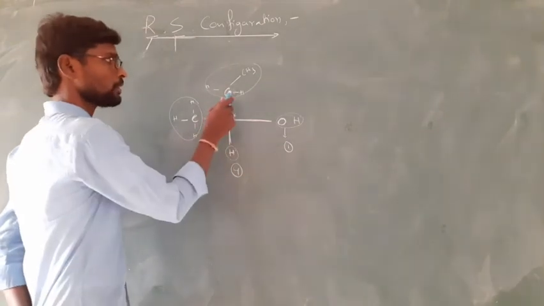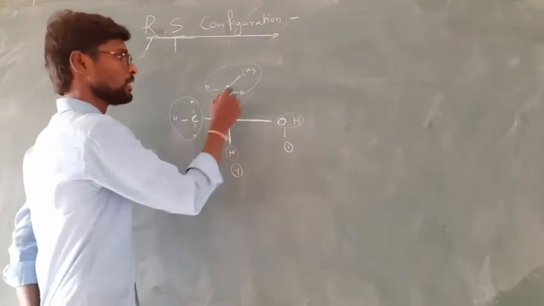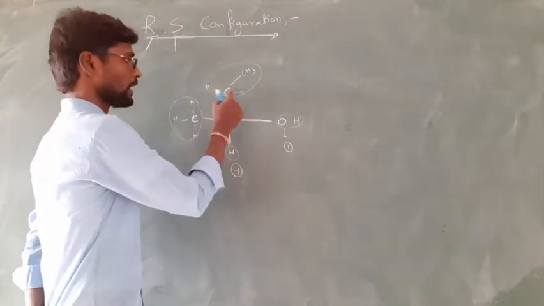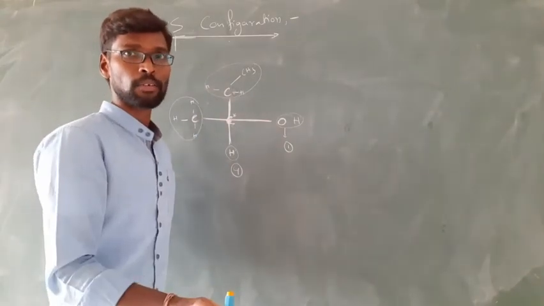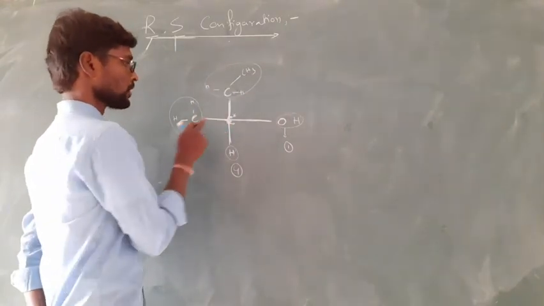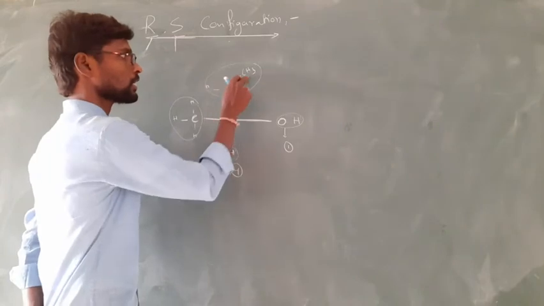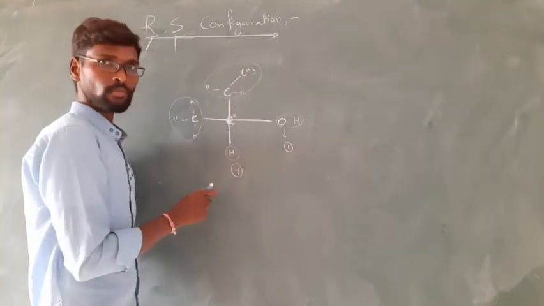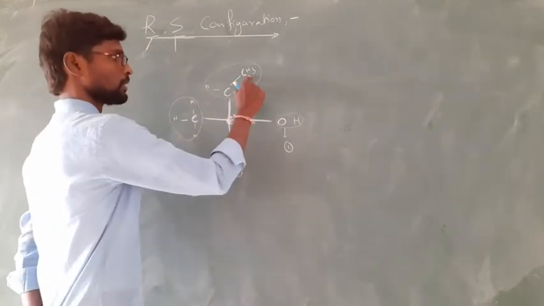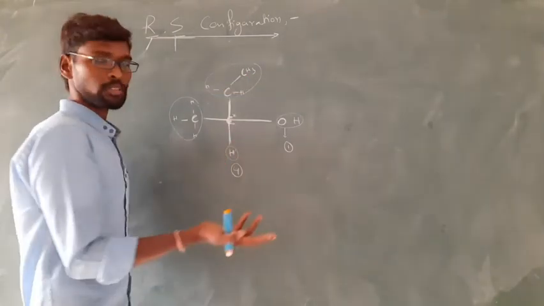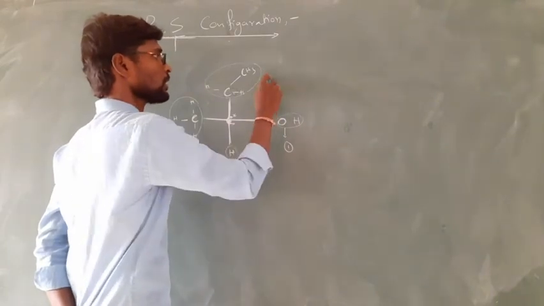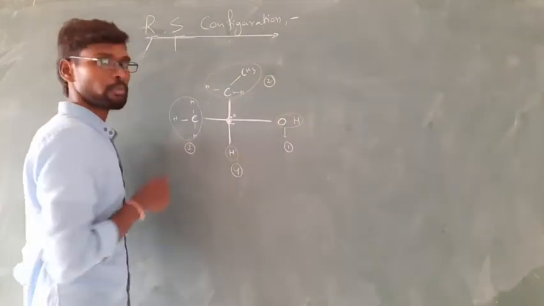Next, the second number we have to give to this one or this one, right? Here one carbon is there, here again carbon is there. If this type of arrangement is there, then we have to go to the next atom. Directly attached here is carbon, here also carbon. But if you go to the next atoms, here 3 hydrogens are there, but here 2 hydrogens and 1 carbon are there. So the 2 hydrogens cancel, and the next is hydrogen here, but carbon there. Obviously carbon has more atomic mass than hydrogen. So this group will get the second priority, and this group will get the third priority.